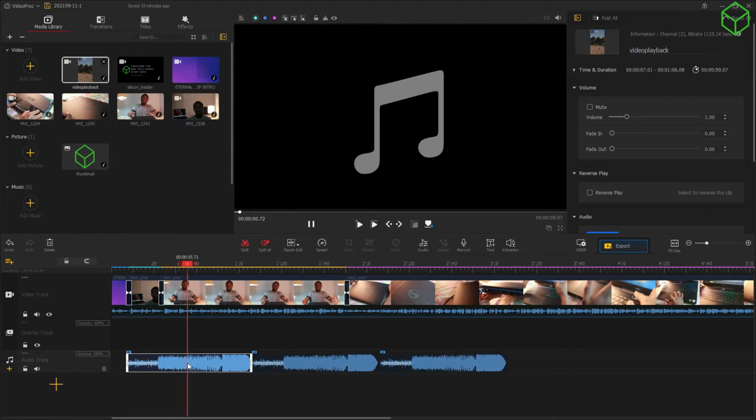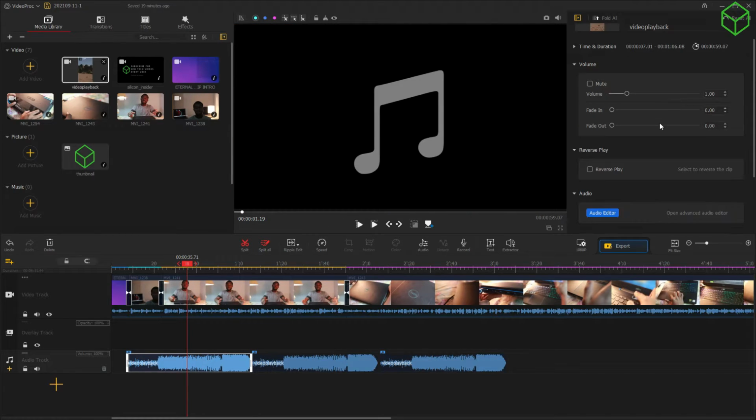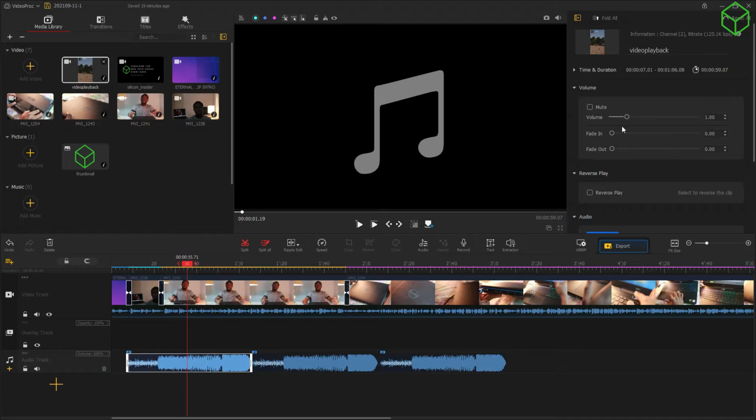Right, so you just have to select it. Select it, then you come here, then you just reduce it here. If you want to mute it, you can mute it as well, but no, I don't want to mute it. So you see,